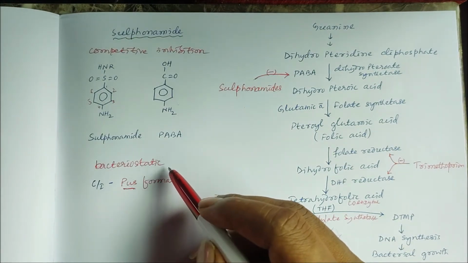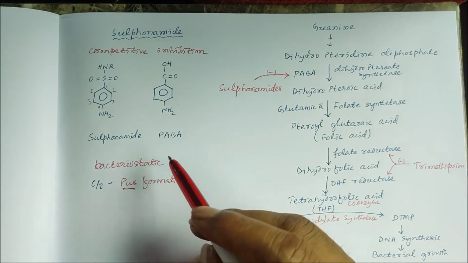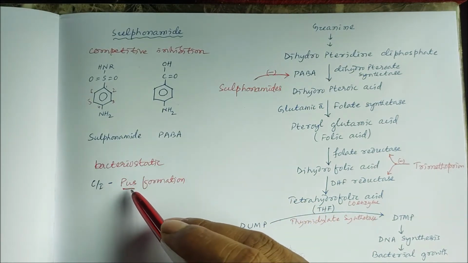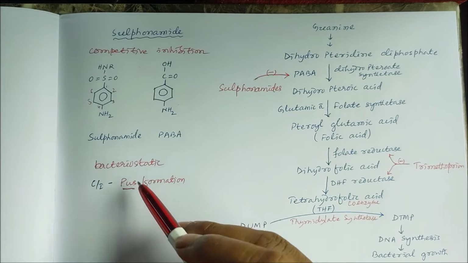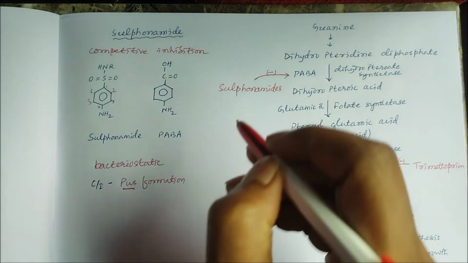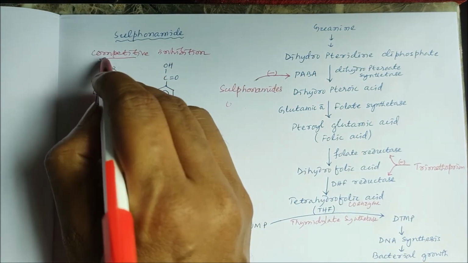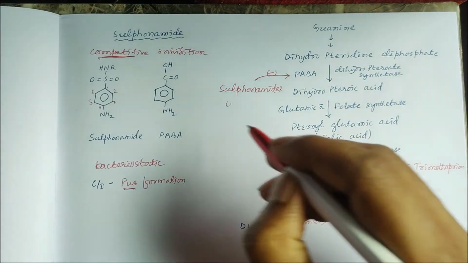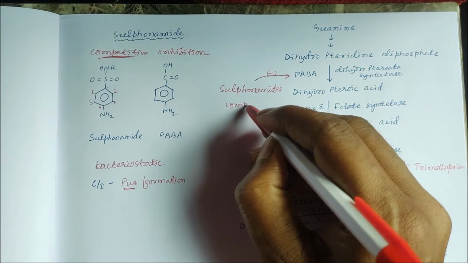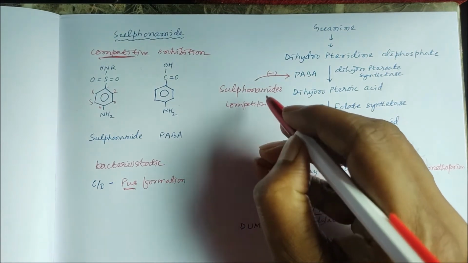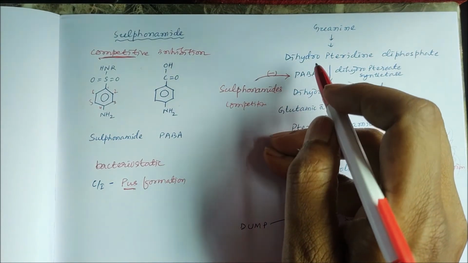But these sulfonamides are ineffective in the presence of pus. Why? Because sulfonamides are competitive inhibitors, which means there will be competition between sulfonamides and PABA, and